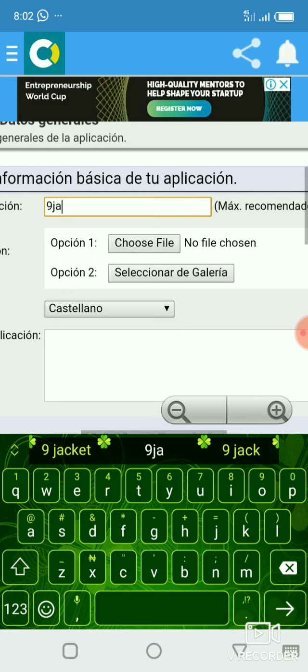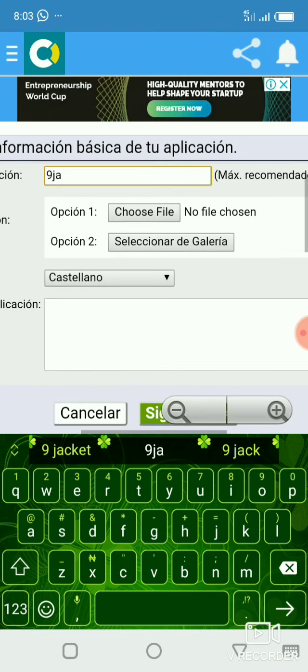Then here, this icon: Facebook has its own icon, WhatsApp has an icon. So under this icon, I will click on it. I will have to choose the file I will use for my icon. If I click on choose file, I will have to choose an icon from the gallery here, that's from inside the app. But if I click on this second option, this will take me to my phone gallery where I will choose any image I wish to use for my application. I hope you get this.